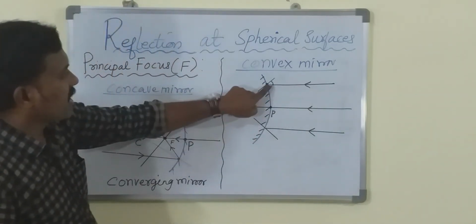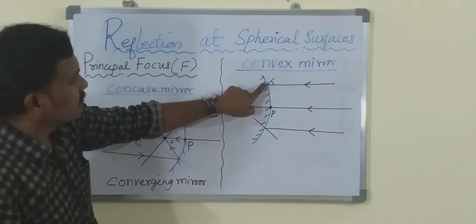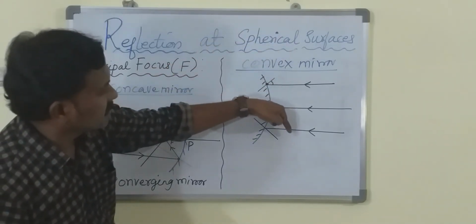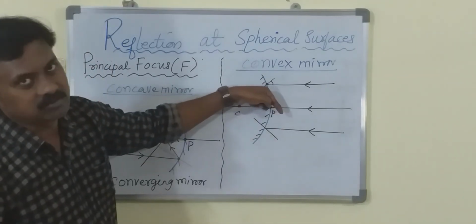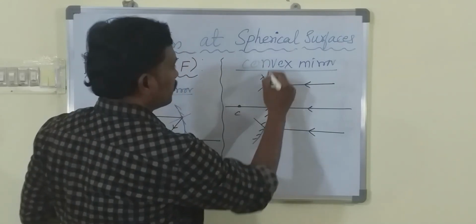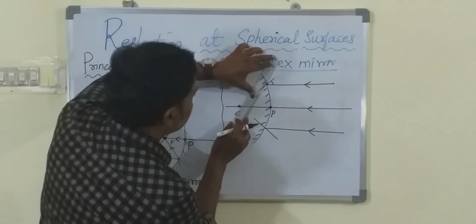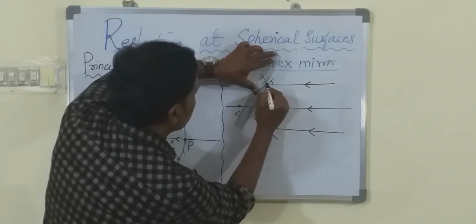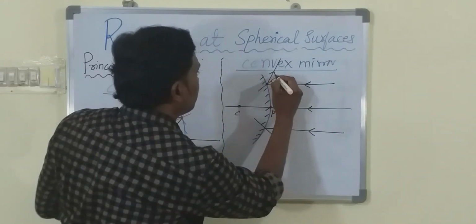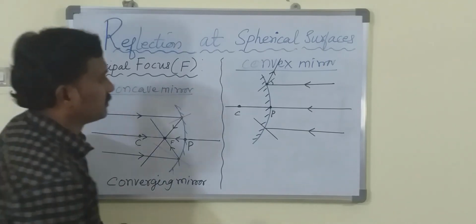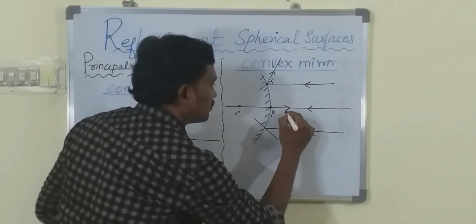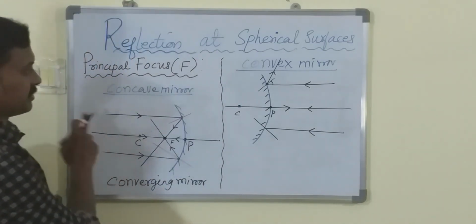And the angle of reflection will be on this side. That is, the light ray must go upwards. The light ray should not go this side. If it goes this side, it is against the laws of reflection. So now the light ray is moving upwards, following the laws of reflection. This is the first reflected light ray. Okay. And the second incident ray is also reflected, and it retraces its path.